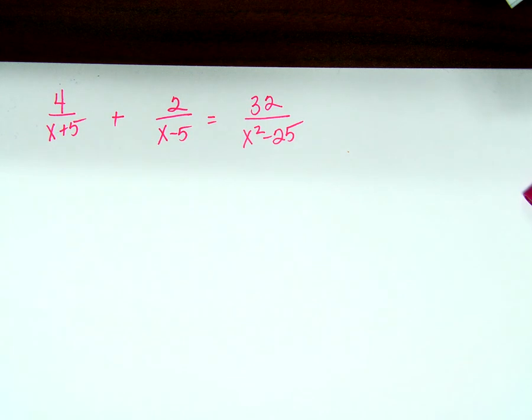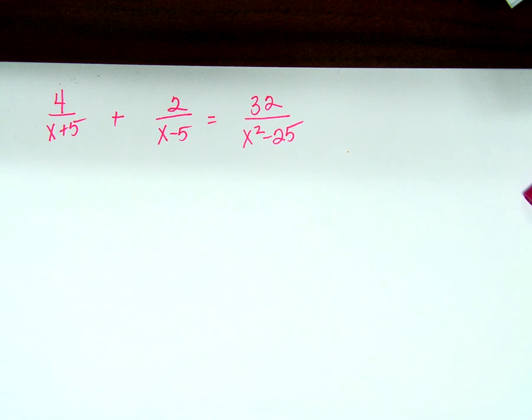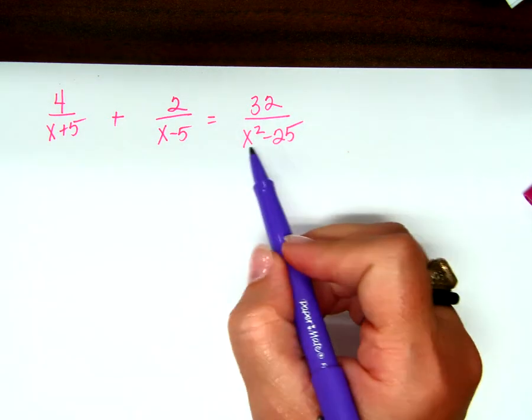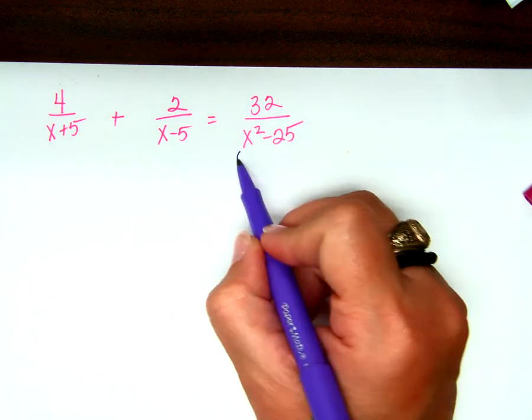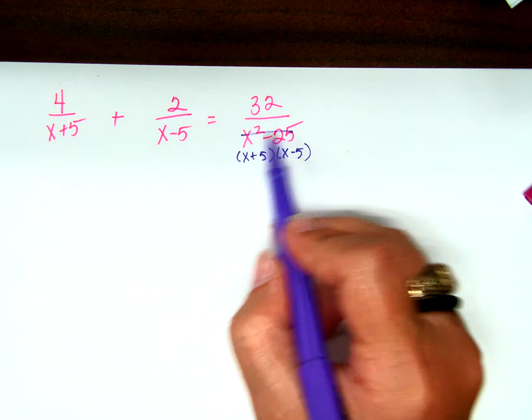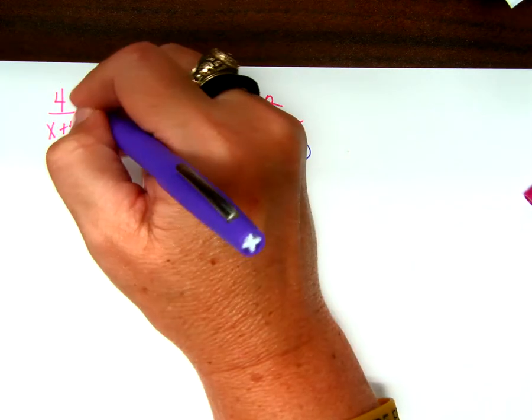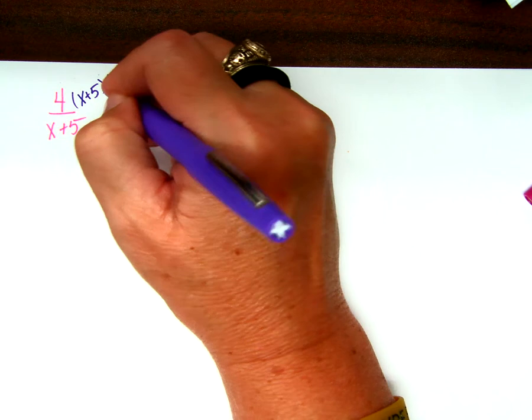We've done these way more recently than the others, but these were harder. So we're going over a couple more of them than the others. Again, getting rid of the denominator, we have to figure out what our common denominator would be. What do you notice about this? We could factor it: x plus 5, x minus 5, right? So what's our common denominator? X plus 5, x minus 5, right? So if I multiply everything by x plus 5, x minus 5,